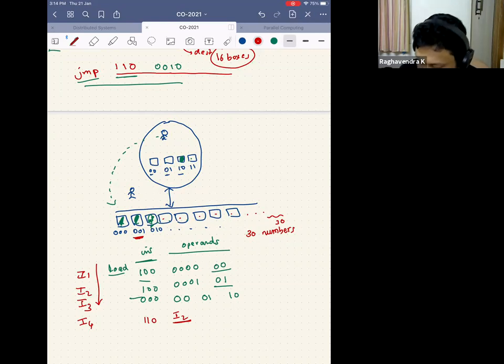So we are going step by step. Did everybody understand why there is a problem if I do something like this? Let's say he somehow understands, though we haven't yet figured out how, that jump I2 means he will go and execute this instruction again. He has already executed it, but we haven't yet understood how he will go and execute it again. But let's say he understands it. The problem is that this instruction means he has to load whatever is here, but we want him to load whatever is here, right?